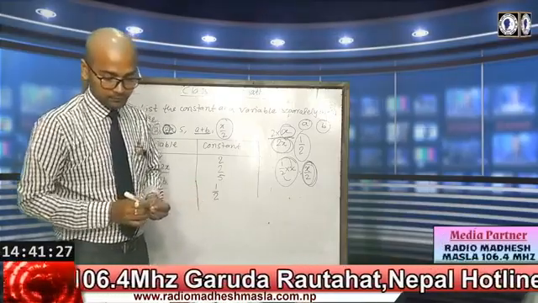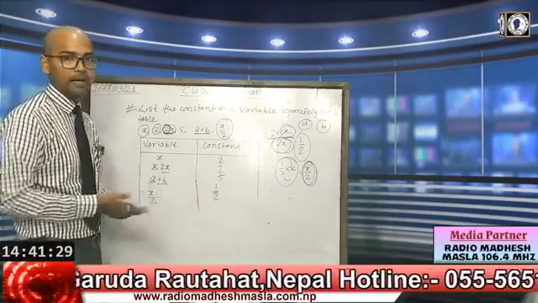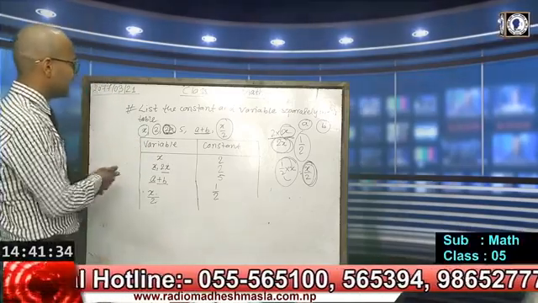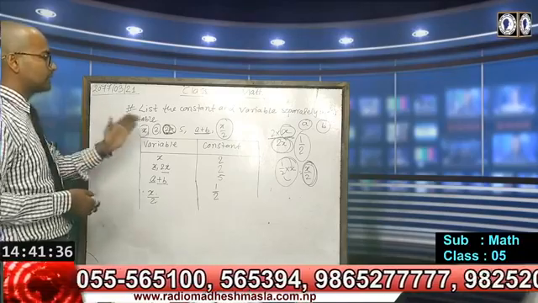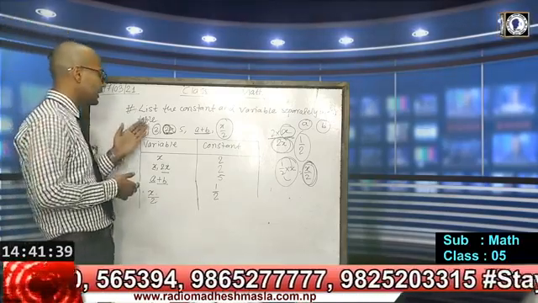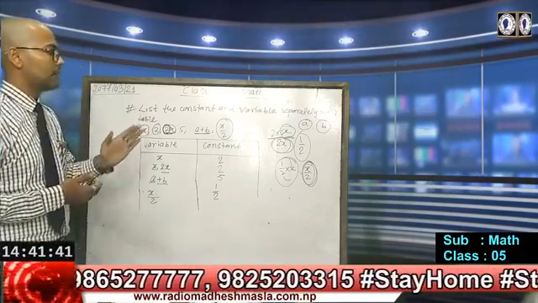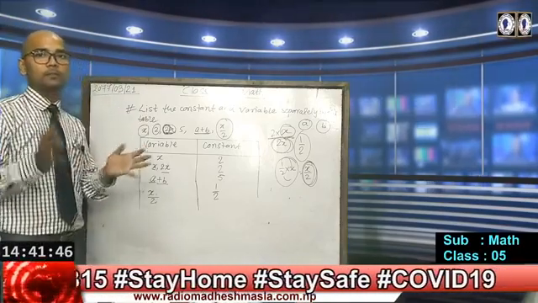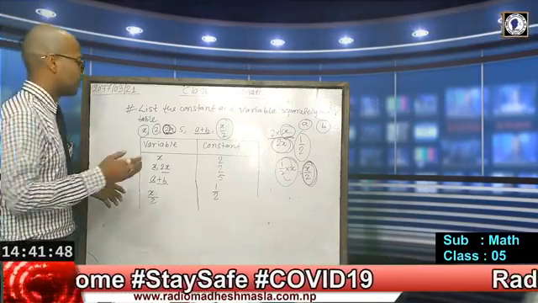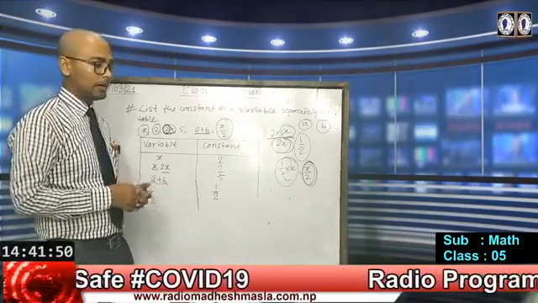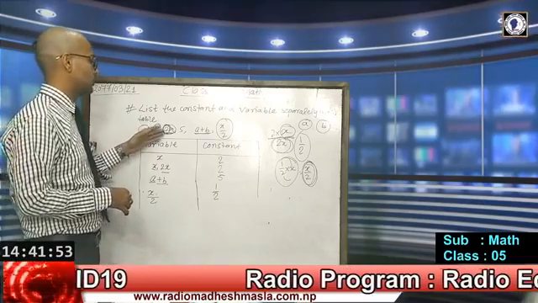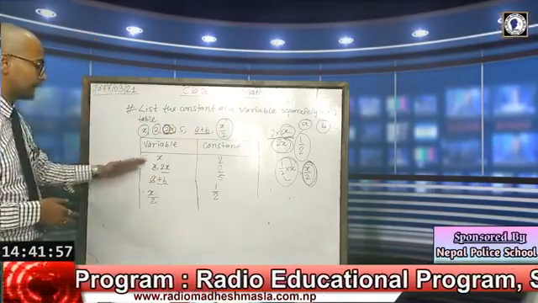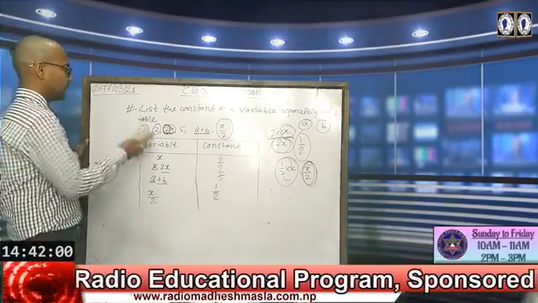In the same way, you can classify or identify the variable and constant. So listen once again. If you have a question like this, list the constants and variables separately in the table, and you are given different variables combined with constants, such as x, 2, 2x, 5, a plus b, x by 2, then we can classify like this.